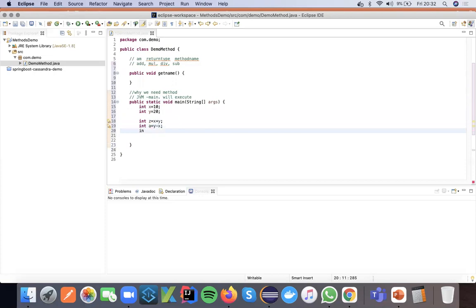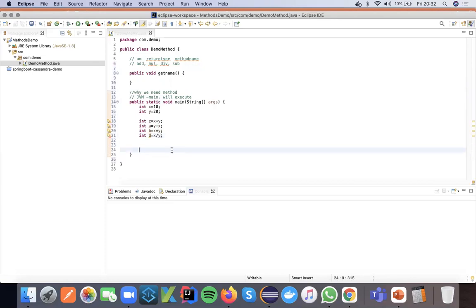And int b equals x into y. And int d equals x divided by y. Suppose you have this many operations.